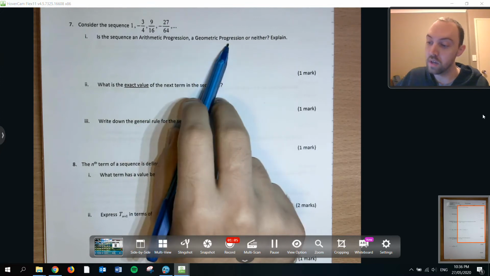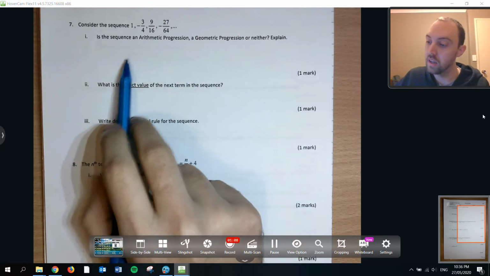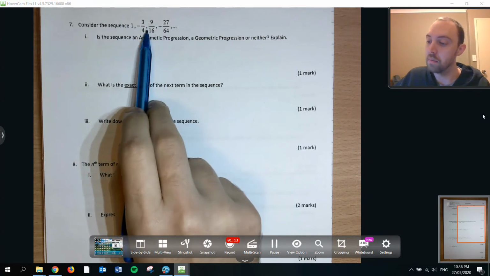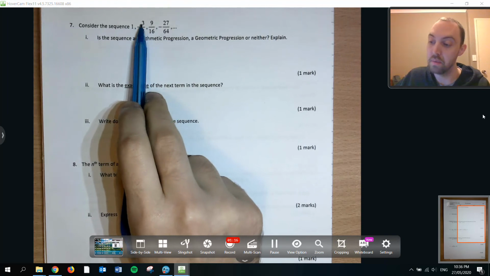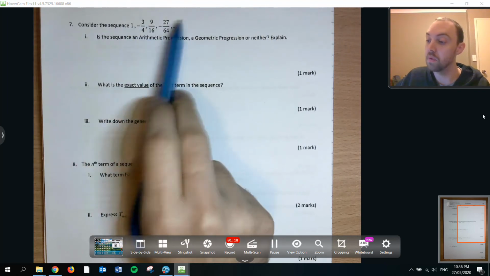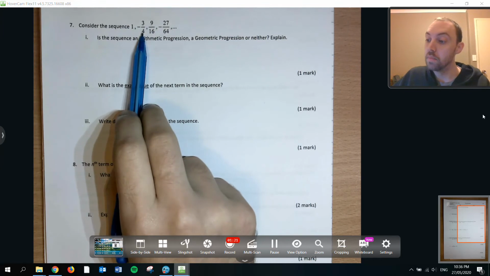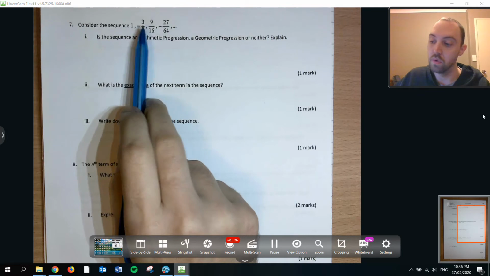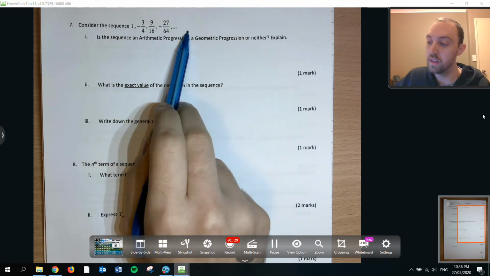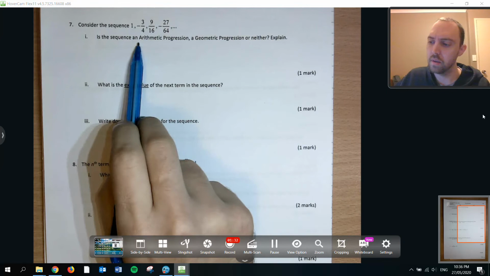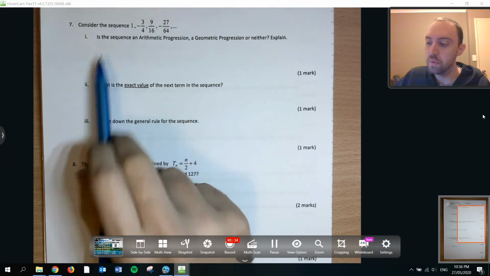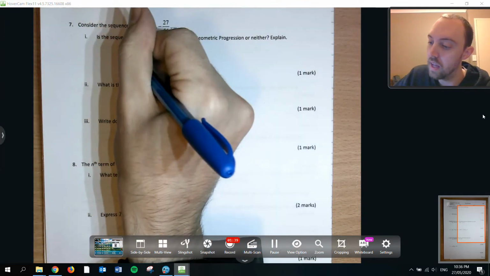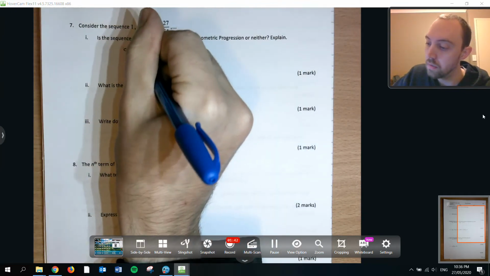Is it a geometric progression? Possibly. Okay, I'm pretty confident the top is going up by multiples of 3, 3, 9, 27, the next one would be 81, right? The bottom one is going up by multiples of 4s, 4, 16, 64, and then 256, I believe. So I can be pretty confident it's a geometric progression, and so what I'm going to talk about is that there is a common ratio